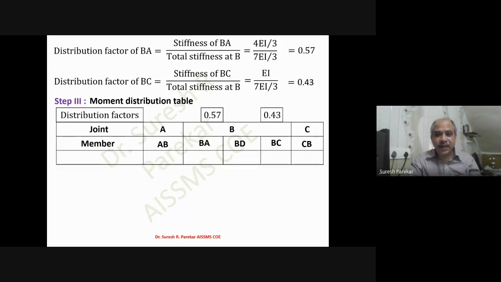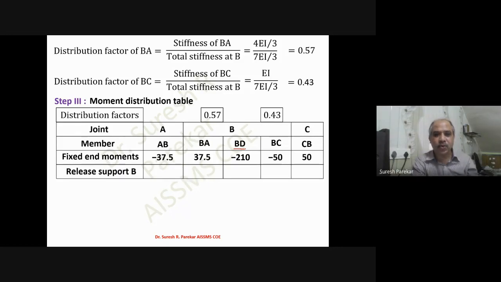So now we have fixed end moments. So we will put the fixed end moments over there: minus 37.5, 37.5, minus 210, minus 50 and 50. Now keep in mind, I know my value of BD, that is moment BD, this will never change. This will be as it is. So now we will go to distribute these moments.